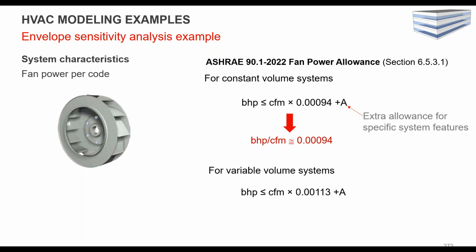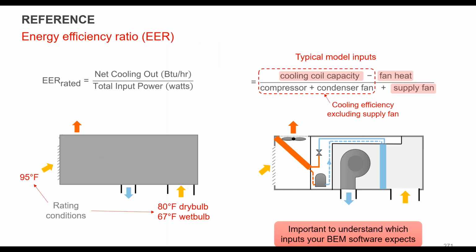Sam, yeah, before we go on, Jose's asking, will SEER and SEER2 matter as well, and how would you take that into account with the EER? Sure. Yeah. So those are the newer efficiency ratings. So SEER and then SEER2, which is the one that's now showing up in the 2022 standard. So similarly, there is a rated methodology to determine the SEER or SEER2 value. What you need to understand is what the rating condition is and be able to extract the actual compressor input, so the input power for heating and cooling out of that equation.